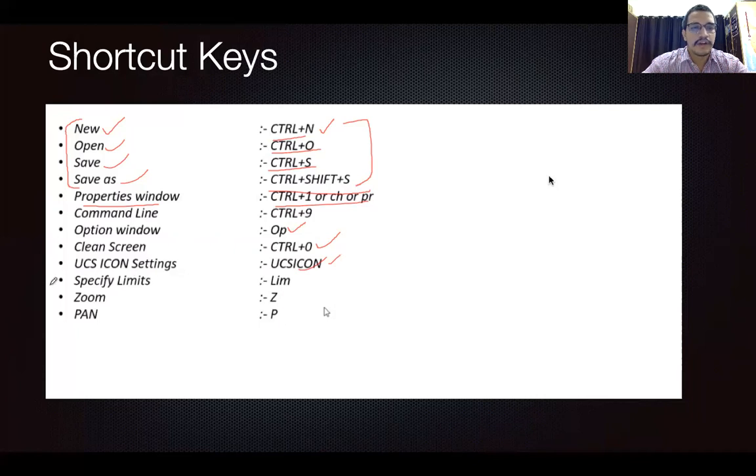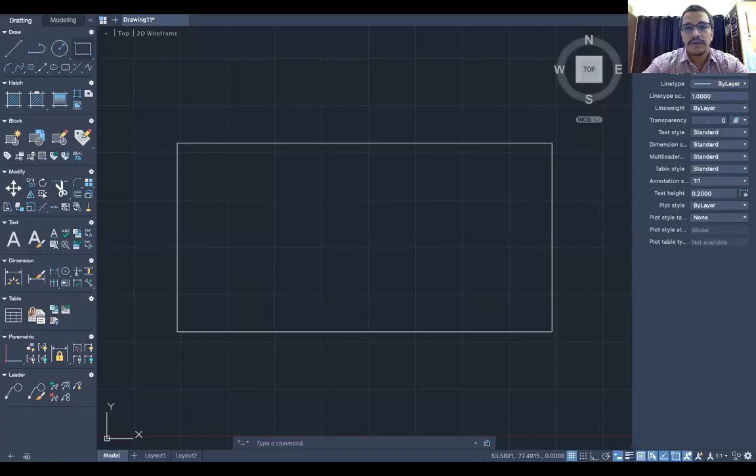And limits we have already covered, zoom we have already covered, pan we have already covered, and the command line as well. Okay, so these are some of the important shortcut keys which will be useful when you proceed in the drawing area.